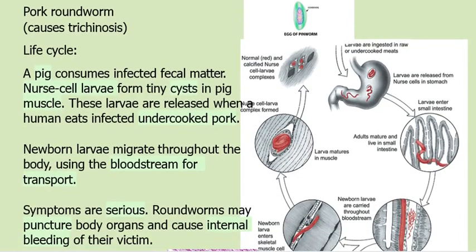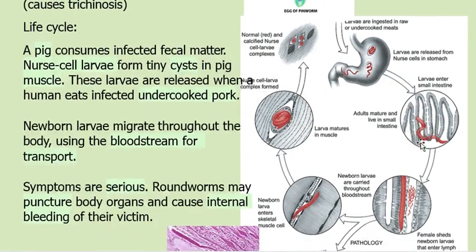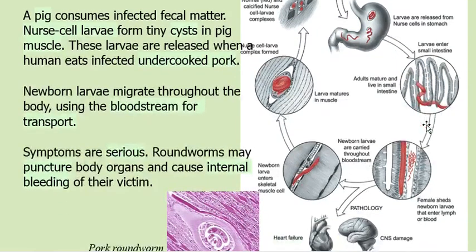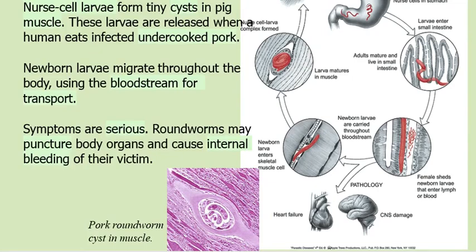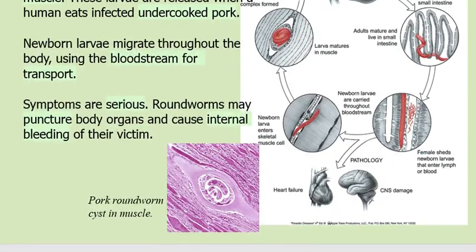Okay, this one's not a happy one. Trichinosis, because this is why we don't order rare pork. You can't go to a restaurant and say, I'd like my pork medium rare. They will say, no way, dude, because trichinosis is serious. The cysts are in the pig muscle, but the adults, they're not happy just to hang out in the intestines. They're going to migrate and puncture organs, cause internal bleeding, and death. It's one of the big hazards of being a butcher, by the way, is they are exposed to the trichinella